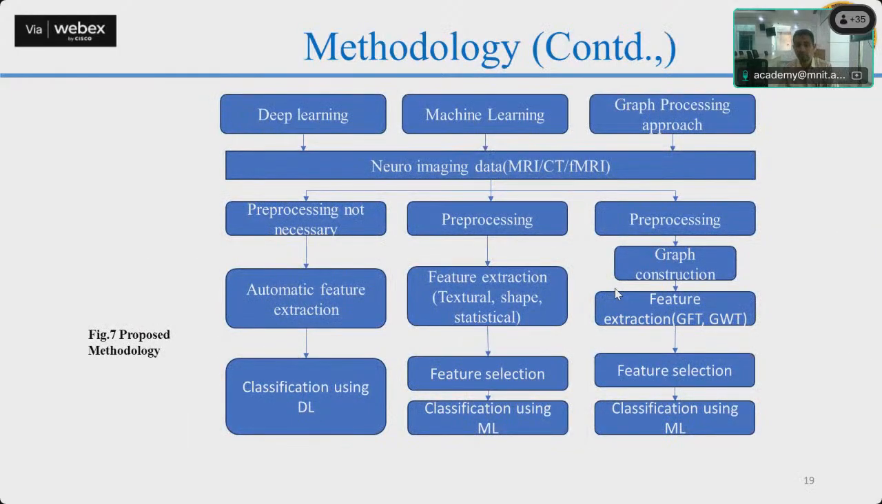Now come to the part which is the methodology. What we are going to do in the methodology is basically deep learning, machine learning and the graph processing part. Here we are taking neuroimaging, and pre-processing is not necessary. Again we do the pre-processing, but thereafter we,